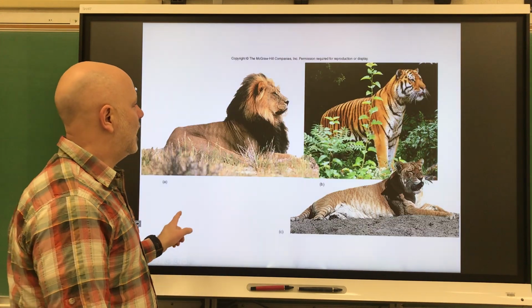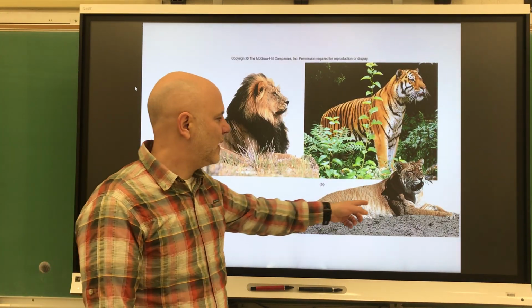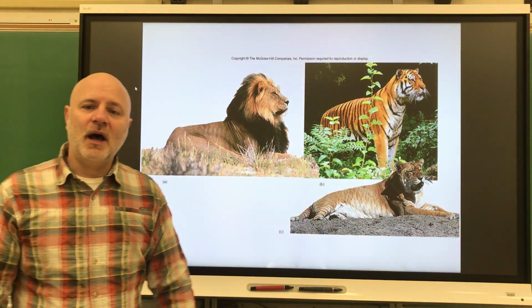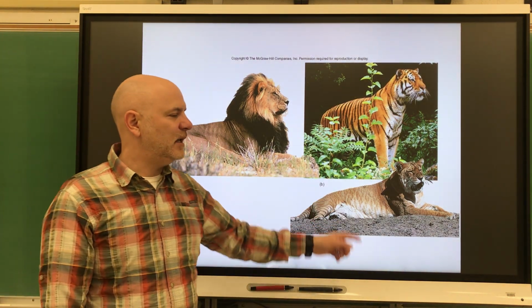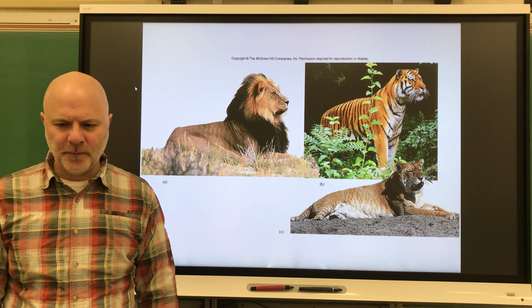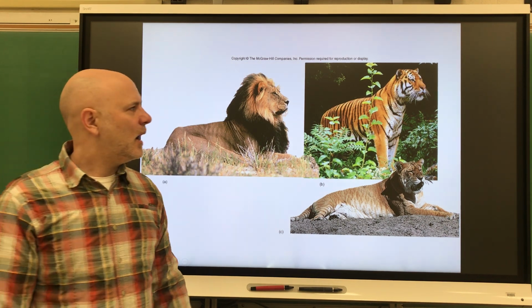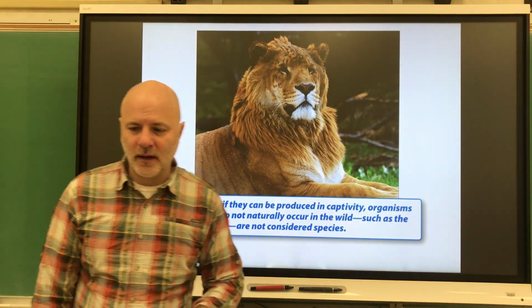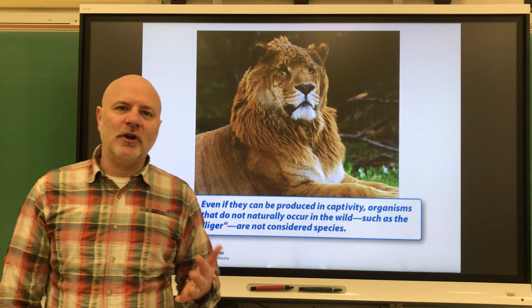All right. The next picture here is showing a liger. So a liger is a combination between a lion and a tiger. And once again, these are sterile cats as well. Okay. So I think there's another picture of a liger. Yeah, so, all right. The next one is called F2 fitness.